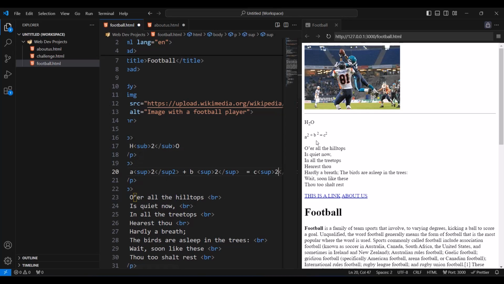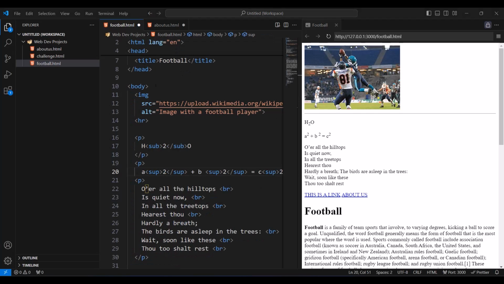And as you can see, we have A squared, but there is a problem. Alright, so we have it. A squared plus B squared is equal to C squared. Alright, I'm gonna end this video here, and I'll see you in the next video.